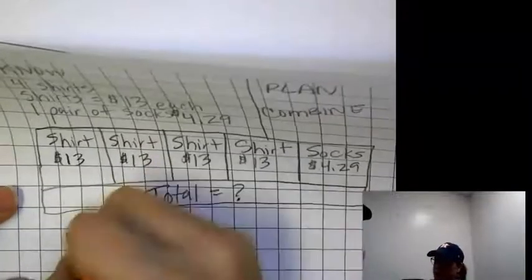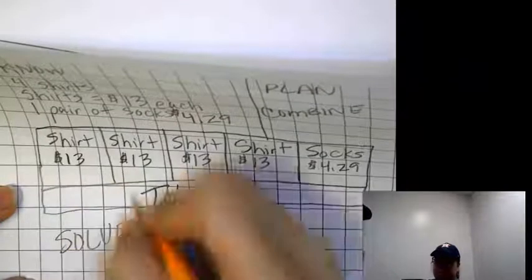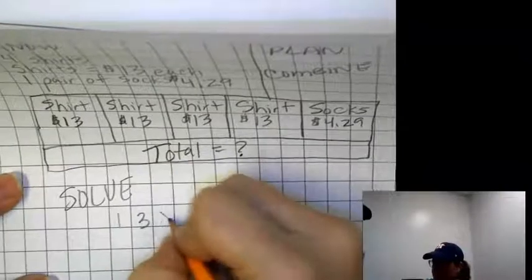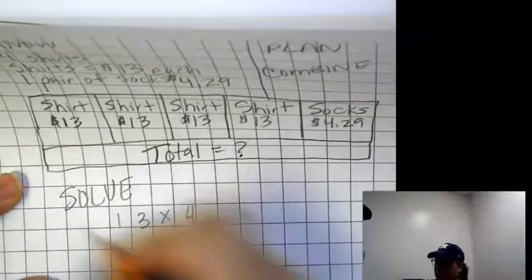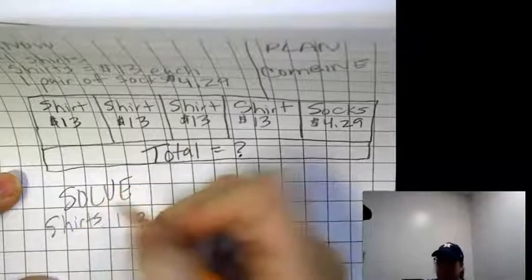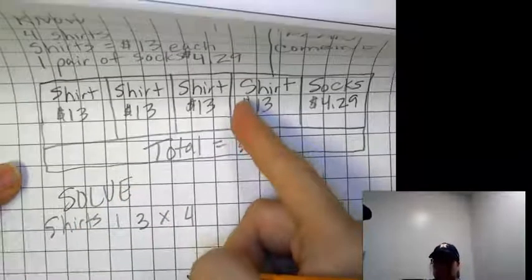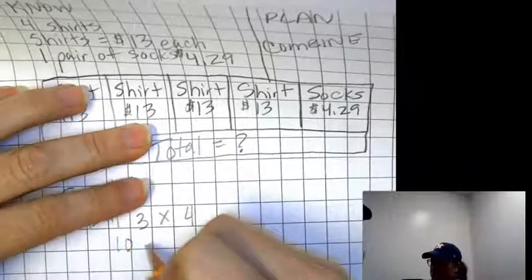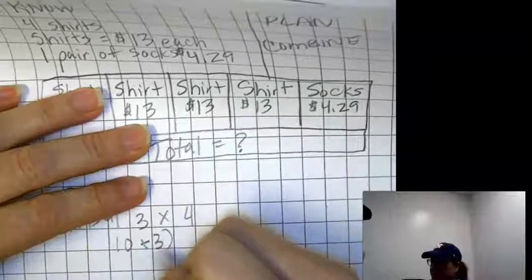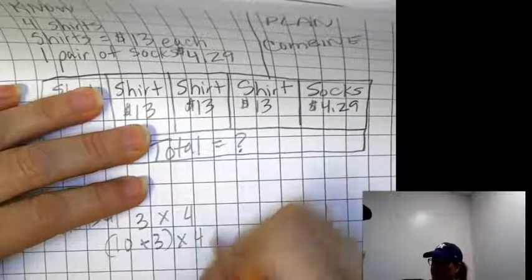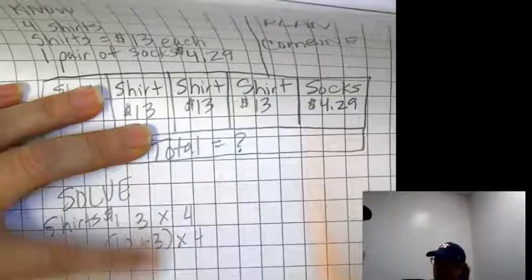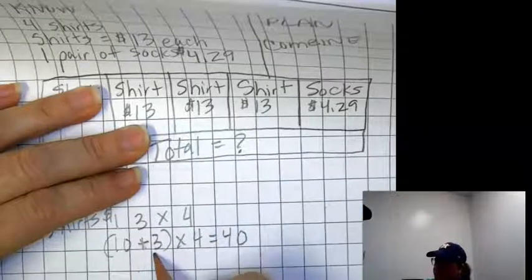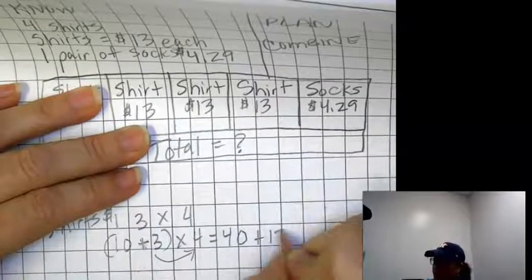Okay, so you're going to solve. I'm going to do 13 times 4 shirts. Okay, I'm going to solve for the shirts. I already know the socks. So $13 times 4. Well, I know that 10 times 4 is 40, and I know that 3 times 4 is 12. So when I put